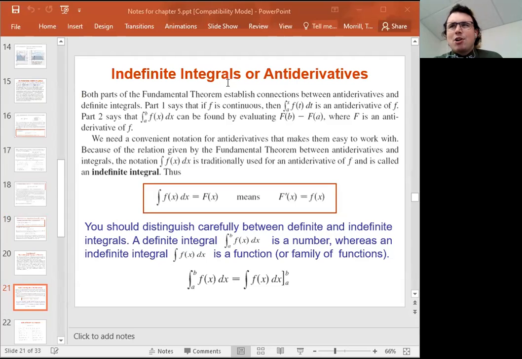If you don't know what it was to start out with, you're just not going to know what that constant was. So in light of the fundamental theorem of calculus, antiderivatives, we can calculate these things using definite integrals. And this leads up to the idea of an indefinite